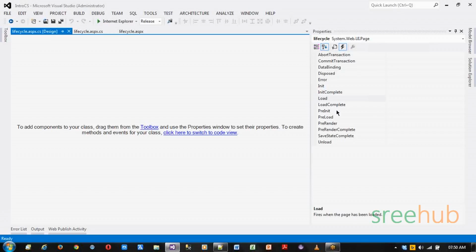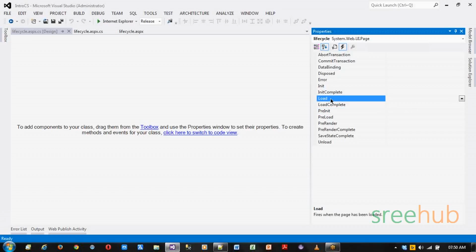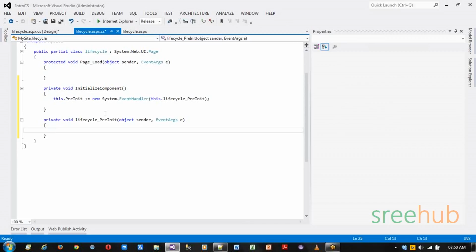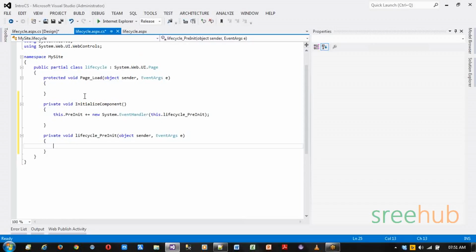Now let's start with pre-init. Now how can I actually set this? Now we know that page load is something which will be loaded, right? Now assigning your controls with the event methods is nothing but this. Load is there, and you can actually tag your page load to the load event, or else it will be directly triggered because you're using the class name or the method in the class, right? Now let's go ahead and say something called pre-init, because pre-init is the first event. Now to actually trigger this, double click on this. You can see we have a lifecycle underscore pre-init, and it will get initialized, right? It will get registered with your page,